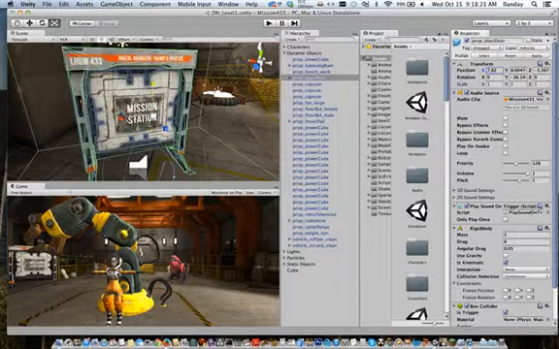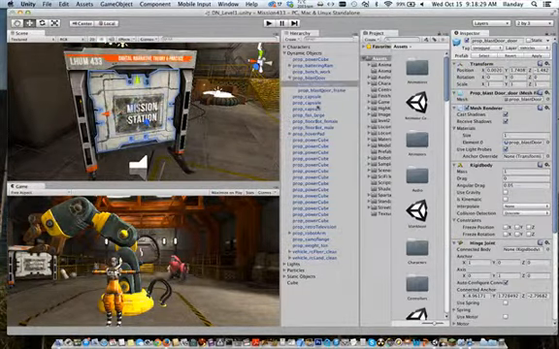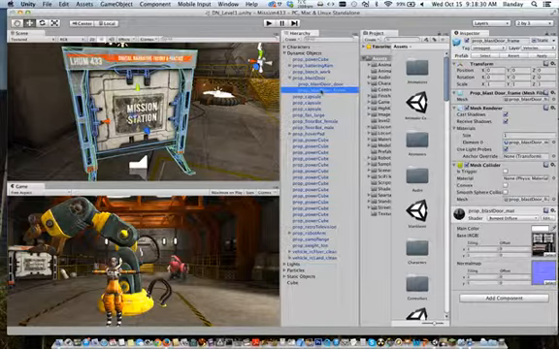Okay, so that's the first thing about what is going on here. And we notice once we have something selected over here, or for that matter over here in our hierarchy, then we get the detailed information about it here in our inspector. The inspector is your best friend in Unity because it's going to tell you not only the information about where something is, but also what kinds of